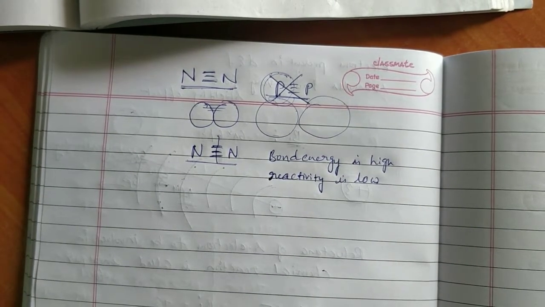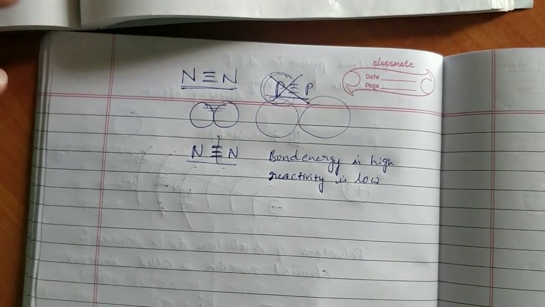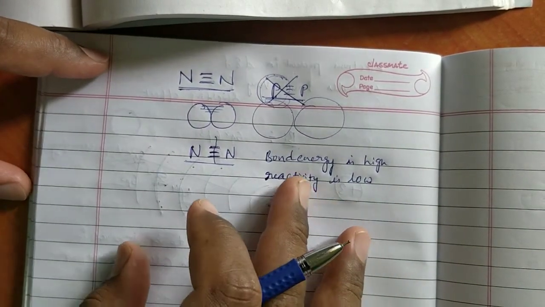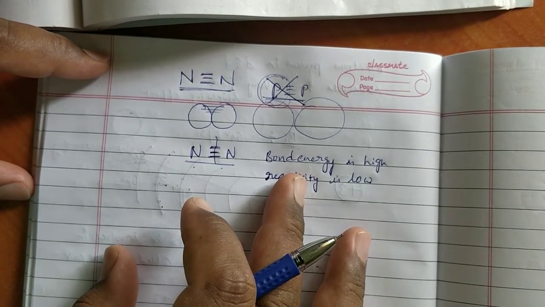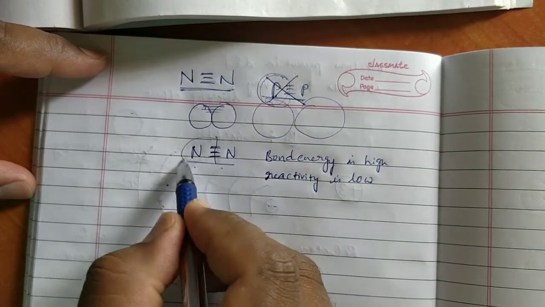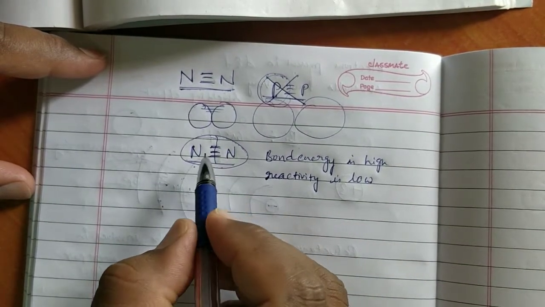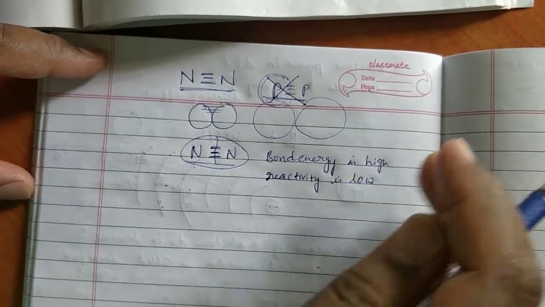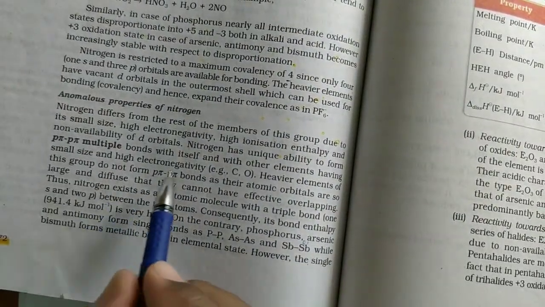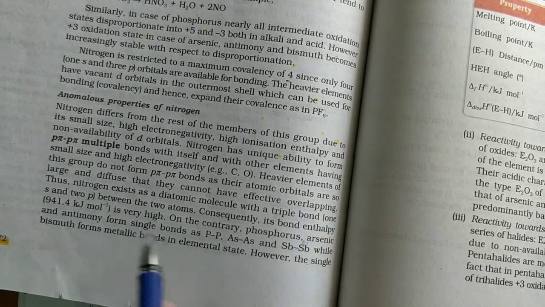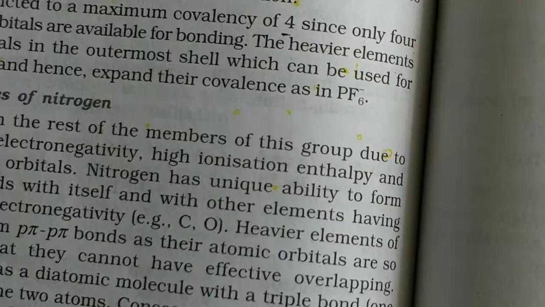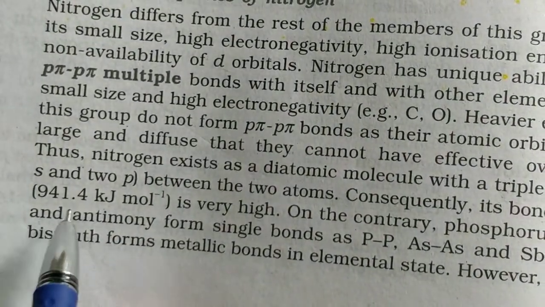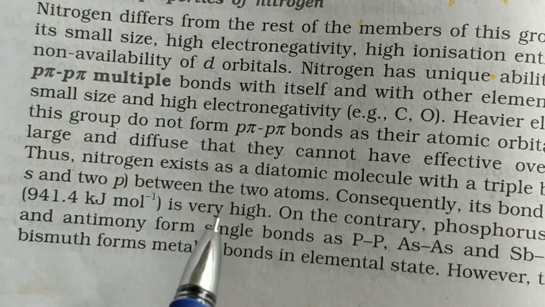These inert gases are rare gases, generally helium, neon, argon, and they are expensive. First thing is they are rare gases, so for simple reasons they cannot use them. That's why nitrogen, which is abundant in nature and shows inertness like inert gases because of its triple bond, is used. Bond energy is high. That's why they fill the packets with nitrogen gas. Okay? Consequently, its bond energy, see, is 941.4 kilojoules per mole, which is very high.